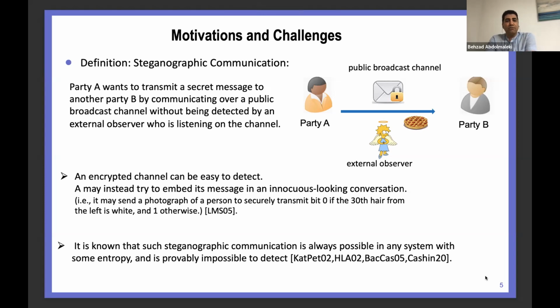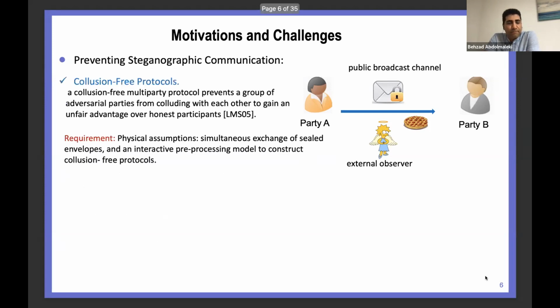And also it is known that there is no way to prevent steganography communication in a plain model. So we have an impossibility result for that in the plain model. And to overcome this impossibility, there are some directions that bring some constraints in order to overcome this impossibility result. For example, the first one is called collusion-free protocols, which tries to prevent a group of